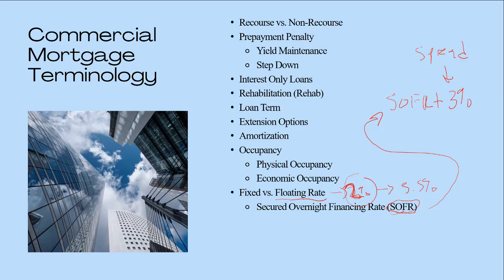SOFR is going to change as per the Fed's policies, supply and demand, what's happening in the economy. SOFR is going to go up and down, but your spread is going to stay the same. This is a fixed spread off of what is happening in the prevailing interest rate environment. So this is how commercial loans are essentially quoted. You're going to have some benchmark, called the benchmark interest rate, and then you're going to have the spread on top of that, and that's compensating the lender for taking extra risk on you.